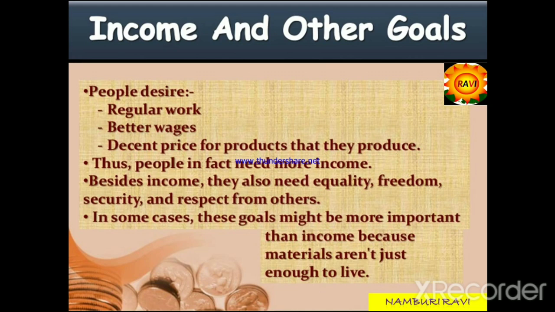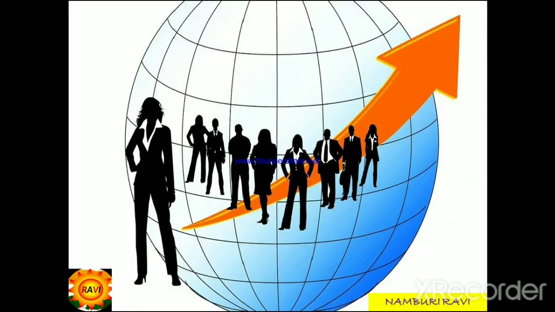We can understand that in some cases people are very rich in society, but they do not have any respect from the people. In other cases people are very poor, but they have very good respect from other members in society. Wherever we are living, we should get respect from others. We should live without restrictions, with freedom, liberty and equality. Then only can we say that there is all-round development in the country.